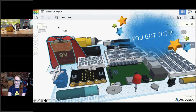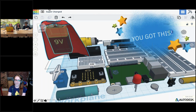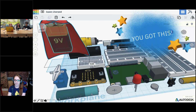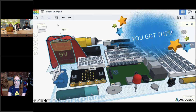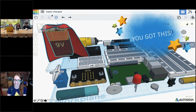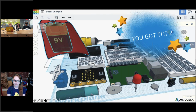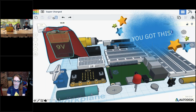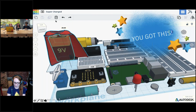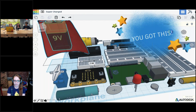This is just my special public service announcement for my teacher friends that are out there. I'm thinking of my buddies who've been sticking around with the 3D modeling in Tinkercad and might be totally freaked out with this new idea of diodes and batteries and electricity and breadboards, and oh my goodness, I don't know what you're talking about. One thing that I just wanted to say to you out there that are worried about electronics is that you don't need to be a pro in order to have fun and actually make something cool